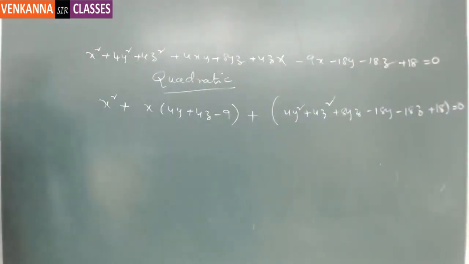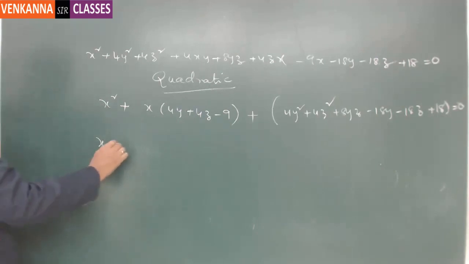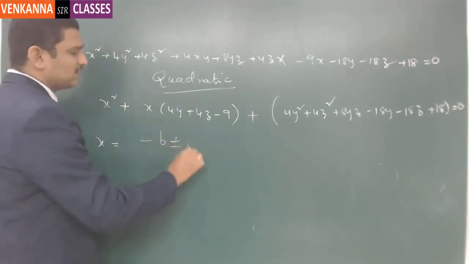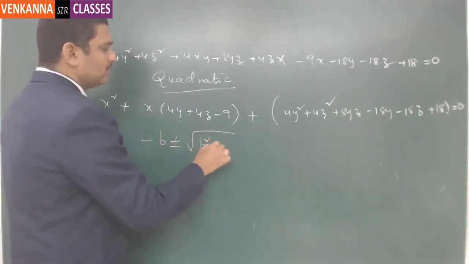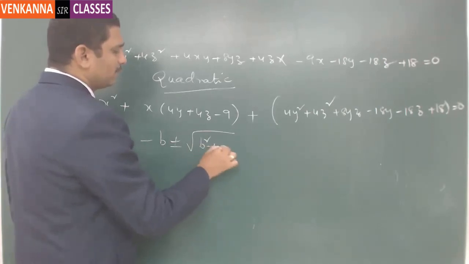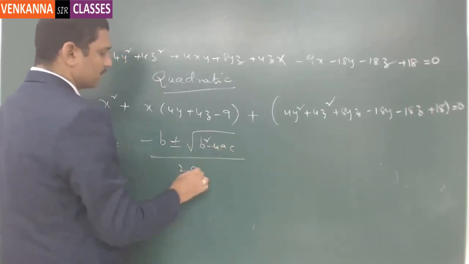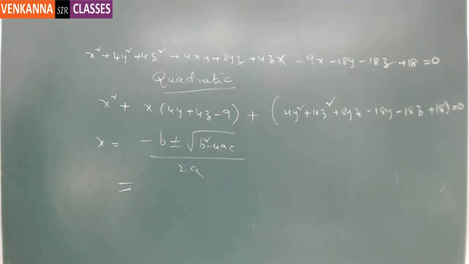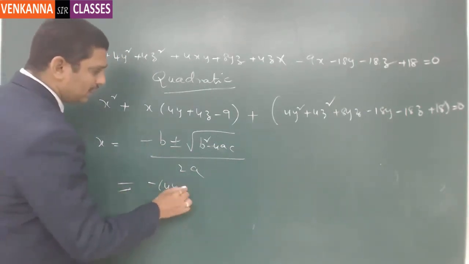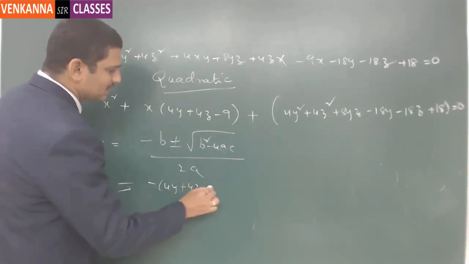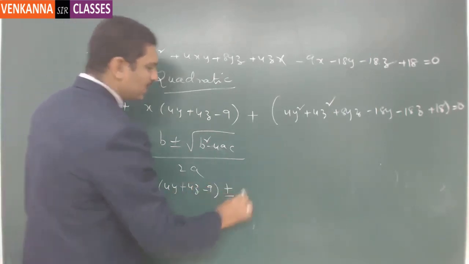So we take it as a quadratic equation in x. Now you are going to calculate the discriminant here, and x is nothing but, applying the formula, minus b plus or minus square root of b square minus 4ac by 2a. So this is nothing but minus of 4y plus 4z minus 9 plus or minus square root of